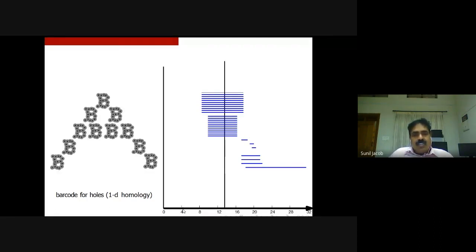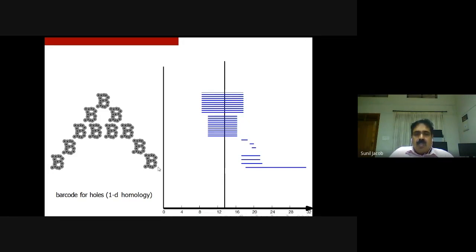now you can see that some holes have come there. There are 1, 2, 3, 4. You can count the holes. Therefore, whenever a hole is starting, I start drawing a bar, and I will draw that bar till that hole ends. That's the significance of this barcode, and this is the particular value of epsilon, the diameter value. Corresponding to this diameter value, you count how many bars this line cuts. The number of bars cut at each point will give you the number of holes associated with that particular value